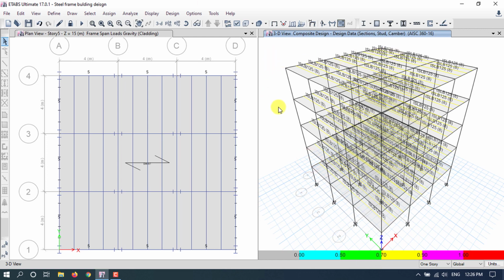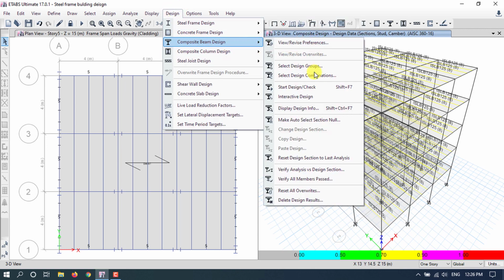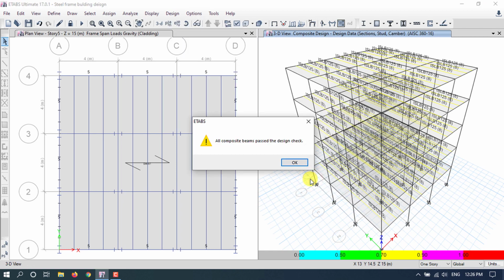Now to check whether there is any failure of the composite beam, go to Design, go to Composite Beam Design and go to Verify All Members Passed. Okay, here all composite beams pass the design check. No composite beams are overstressed.